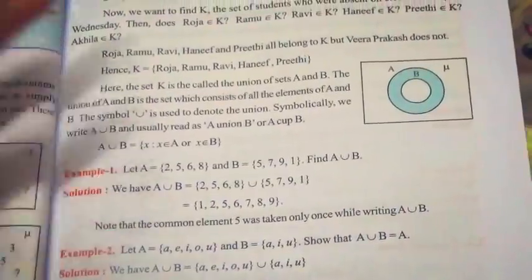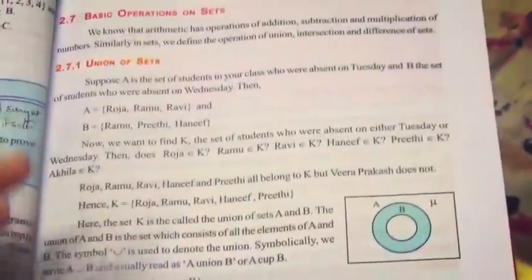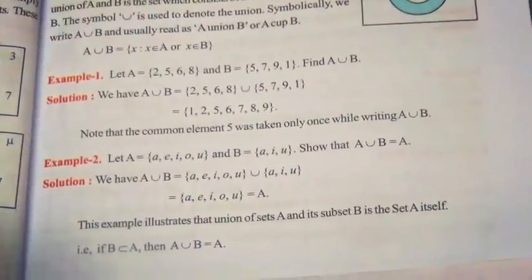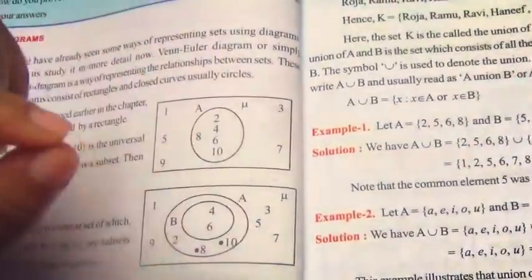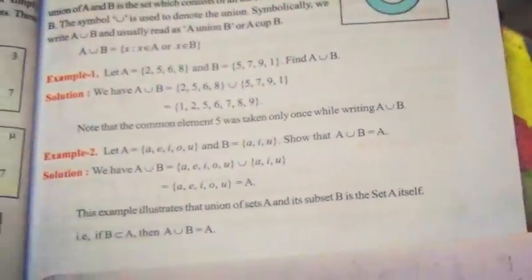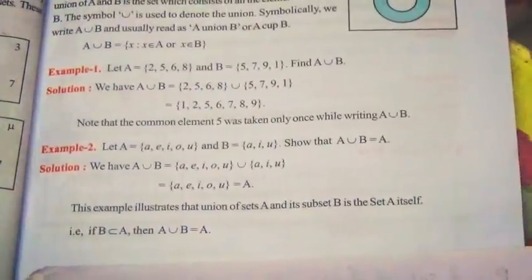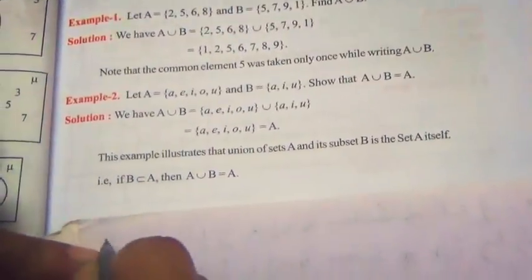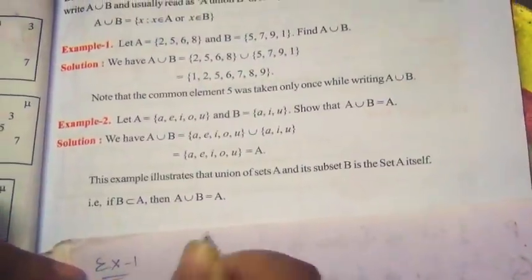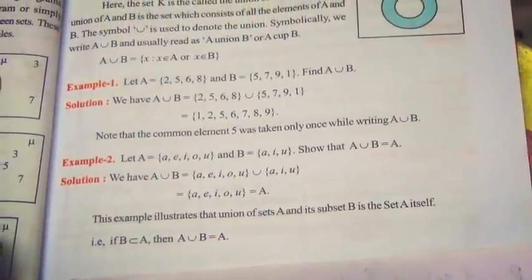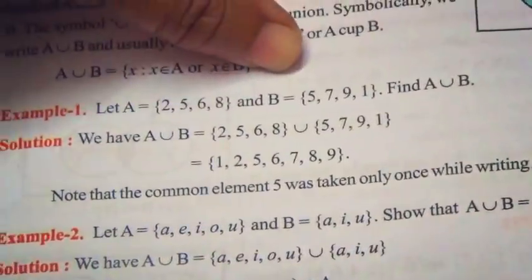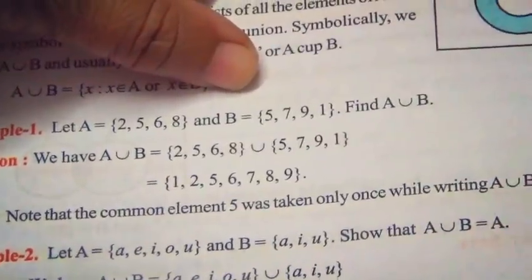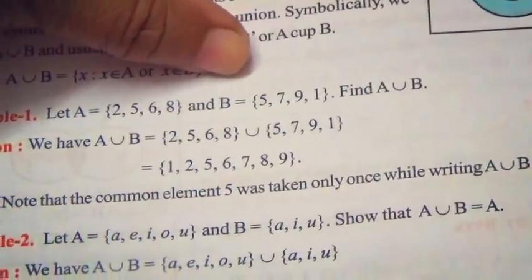So dear students, now we entered into the page number 35. In the page number 35, you have example 1 and 2, and also some more examples on the topic of union of sets, intersection of sets and disjoint sets. I will explain now. So you just observe how we are solving these simpler and easier and enjoyable sums. Okay. So example 1, that is, let A is equal to {2, 5, 6, 8}, B is equal to {5, 7, 9, 1}. Okay. Find